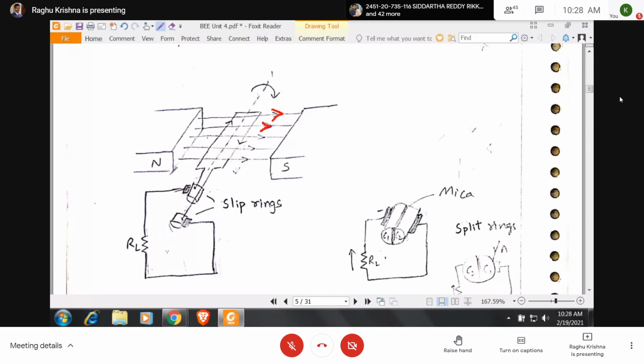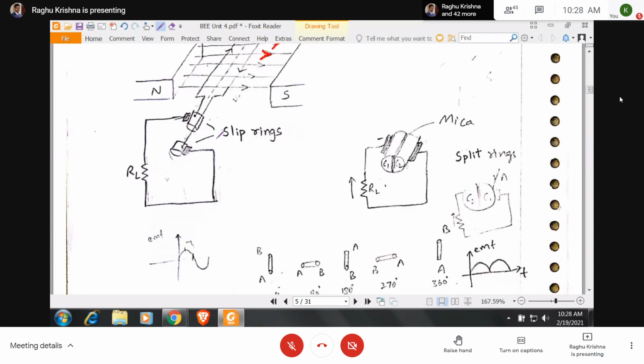And here you have a conductor. You have a coil. This is a single turn coil. Like this, we are going to have many turns, and that forms an armature winding. Before that, let us understand the single turn operation, the single turn generator. So here, let us consider a single turn. It has two conductors. Is it clear? It has two conductors.